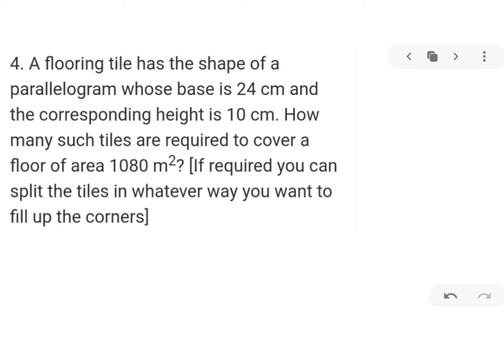Now the entire floor is there and you have to fit in the tiles. So what you will be doing, my dear kids, you will take the area of a tile. You will also take the area of the floor, which is given in the problem, that is 1080. You have to just divide and get the number of tiles. Will that be easy? The only difficult part here is the tiles, that is the parallelogram area. You have the dimensions in centimeter, so you have to convert into meters, and the rest of the part will be clear because your area of floor is given in meter square. So both the units are different, so you have to make them the same. That is the only difficult part. So let's do it.